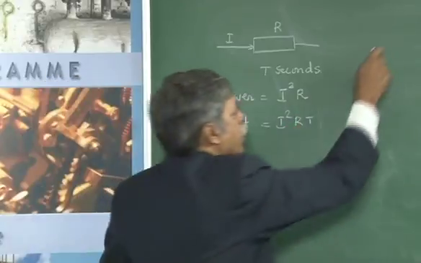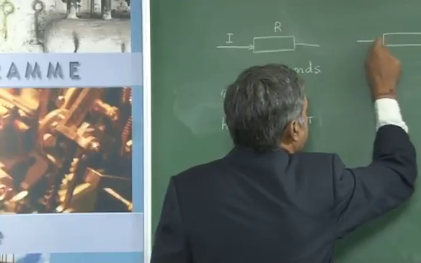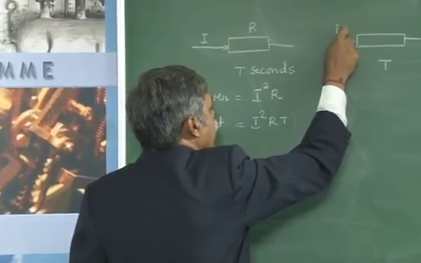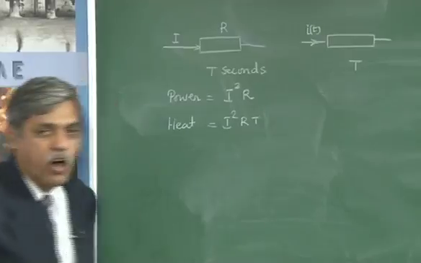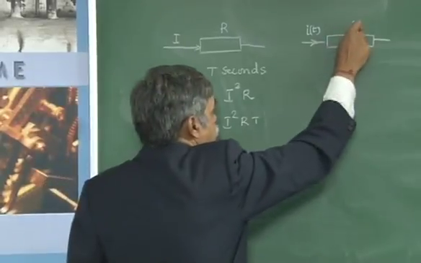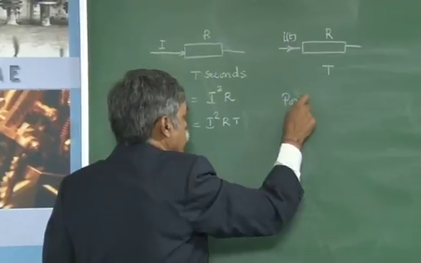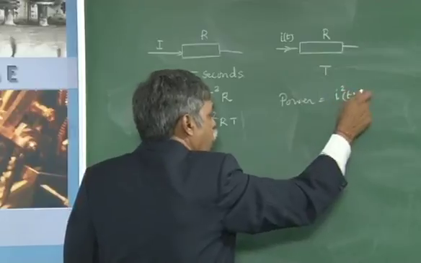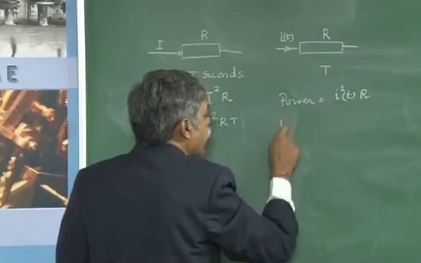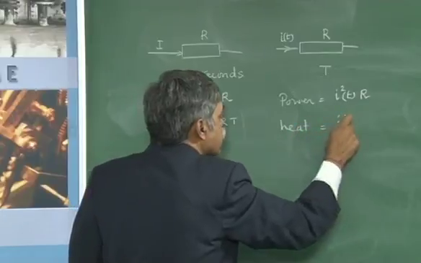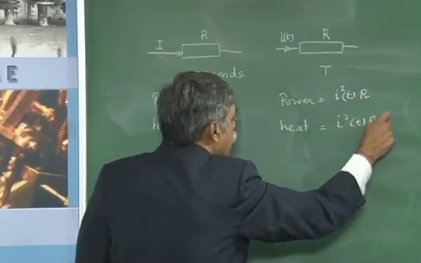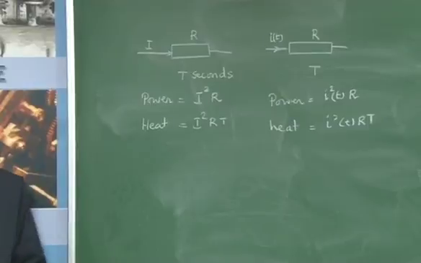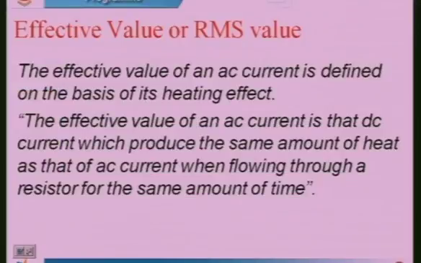Through the same resistor, for the same amount of time, t seconds, if I allow a sinusoidal alternating current i of t, the power produced is i square of t multiplied by R, and then heat is given by i square R t. Based on the heating effect, the effective value of an AC current is that DC current which